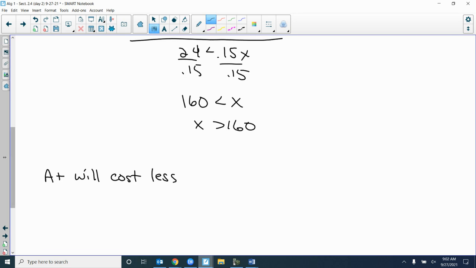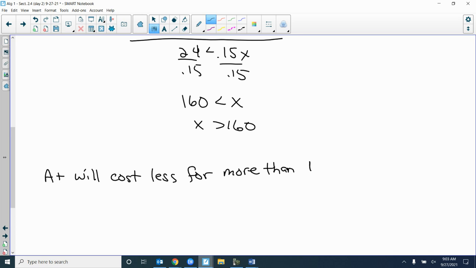A Plus will cost less. More than or equal to 160. For more than what? More than or equal to 160. Not equal to, just will cost less for more than